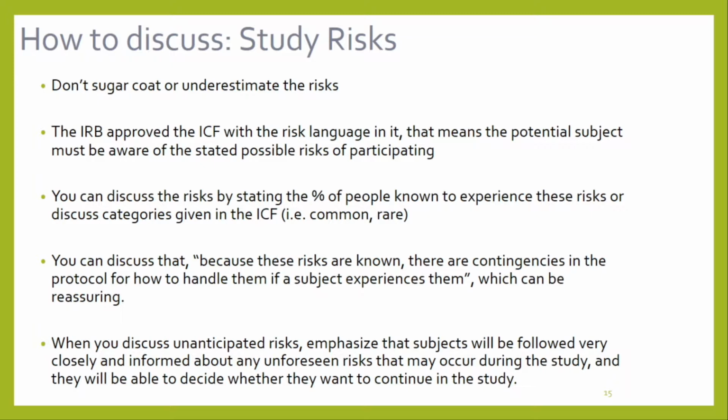Study risks. How do we discuss it? Don't sugarcoat or underestimate the risks. The risks are in the consent form. They're there because the IRB requires them. These are the known risks. You discuss them. You can talk about them, or they can be listed in terms of percentage that they occur or known to occur, or you can talk about them in terms of common or rare. You can discuss, because these risks are known, there are contingencies in the protocol for how to handle them if a subject experiences them. And that can be comforting to know, okay? But again,